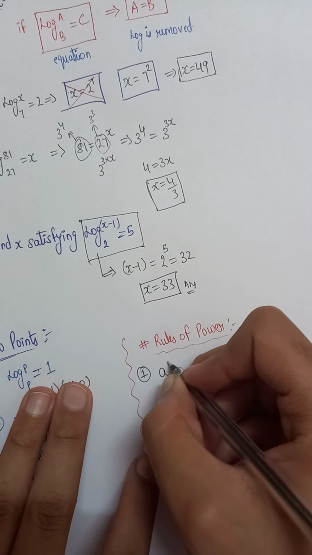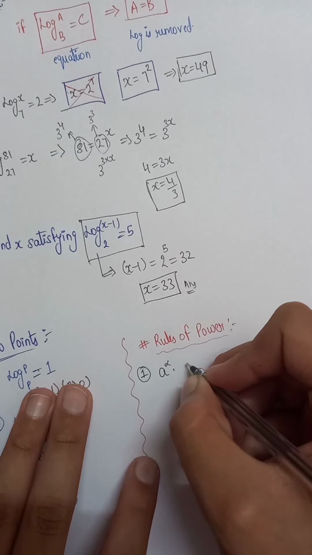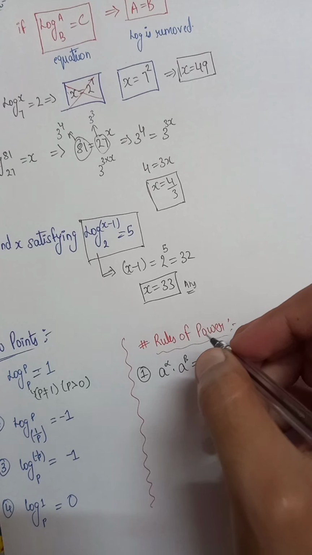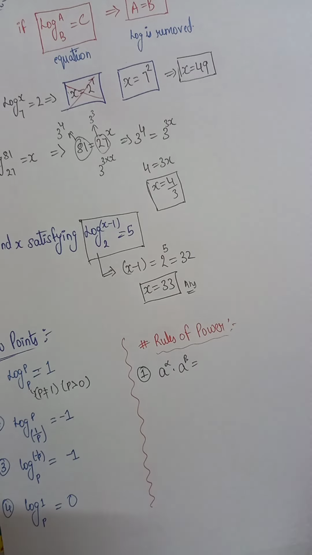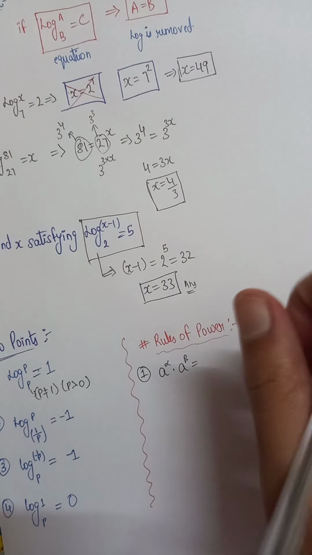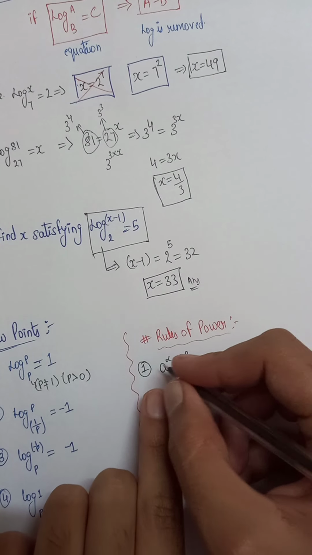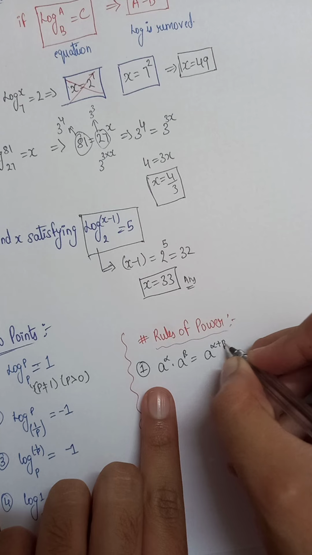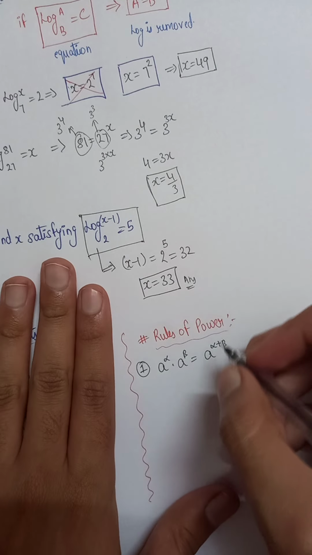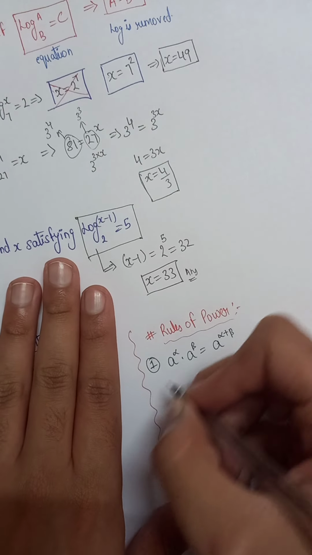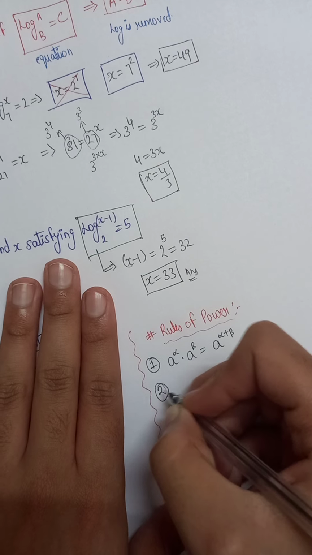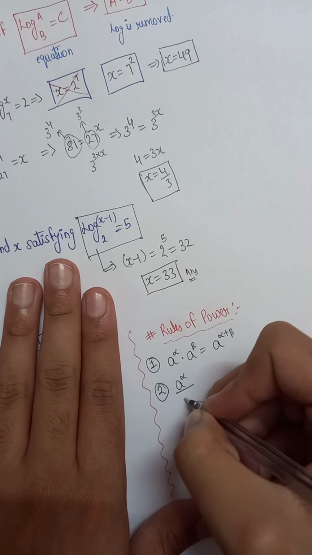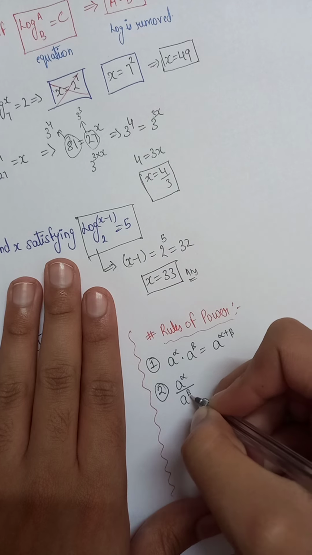a to the power alpha times a to the power beta. These are actually things which you learn in 7th class, but if you don't remember, it's no problem, you can learn it here. Okay, so if bases are equal, then you can add the powers. So a to the power alpha plus beta, this is the answer.